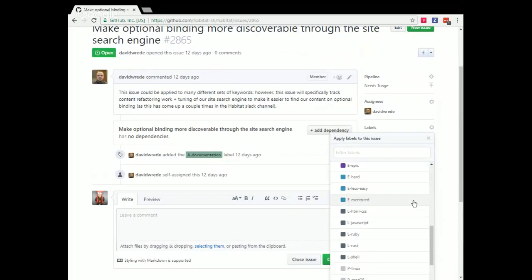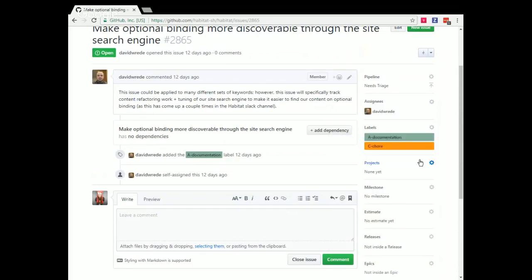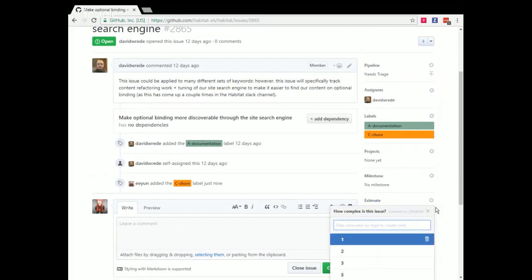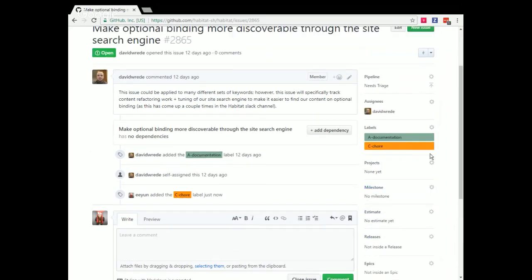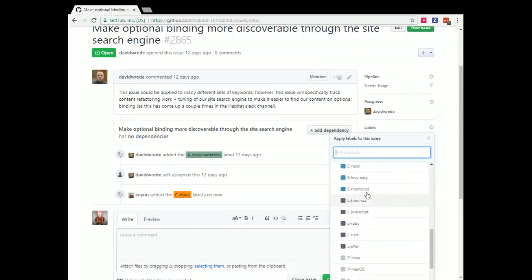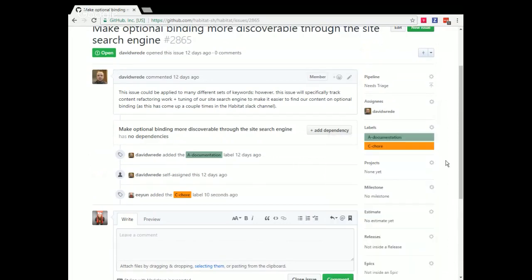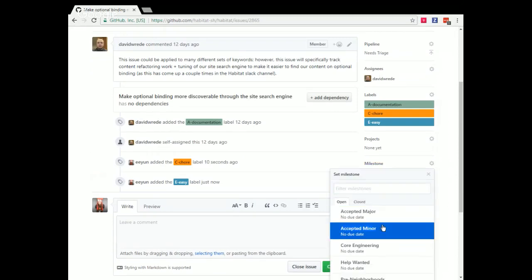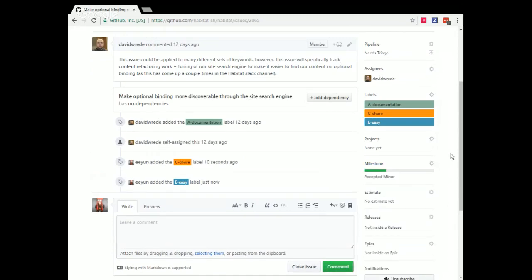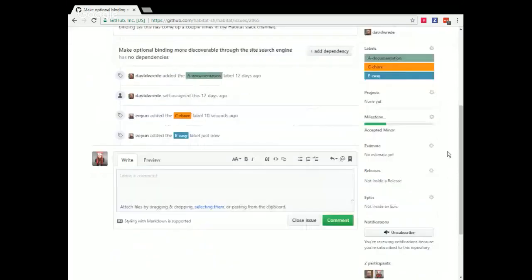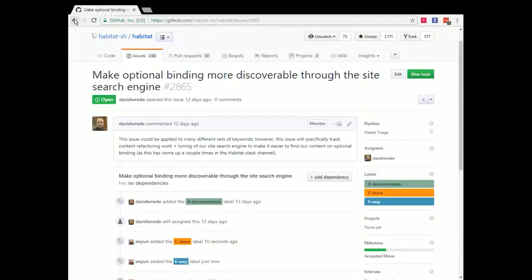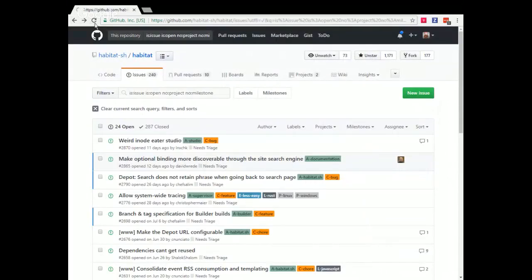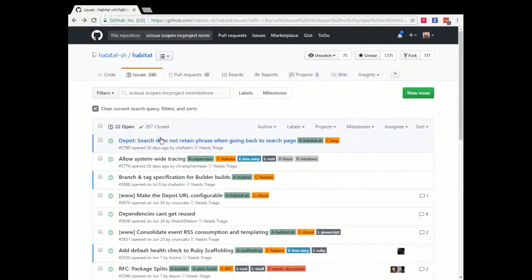I don't know that there's actually any code involved in this. I would assume that this is also going to be relatively easy, just the kind of thing that somebody needs to take the time to do. So we're going to go ahead and put that into accepted minor as well, because I don't think anybody externally can actually do any of that. 2790.